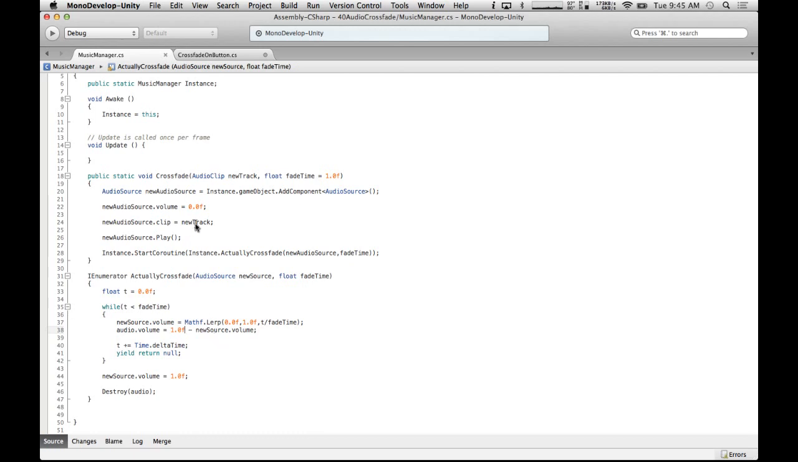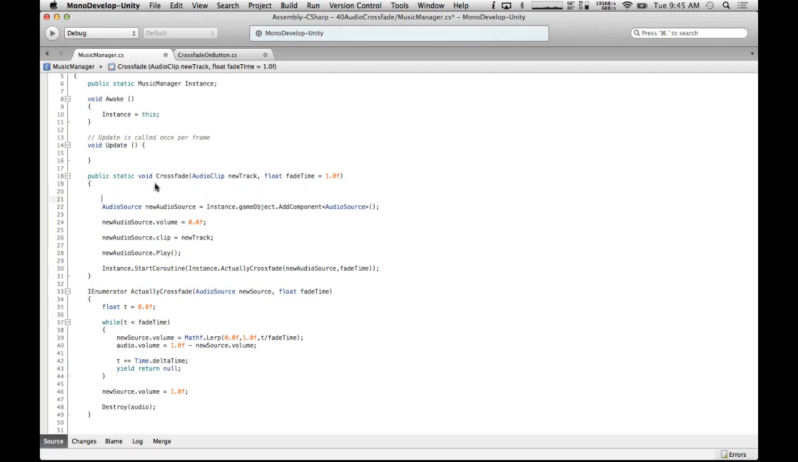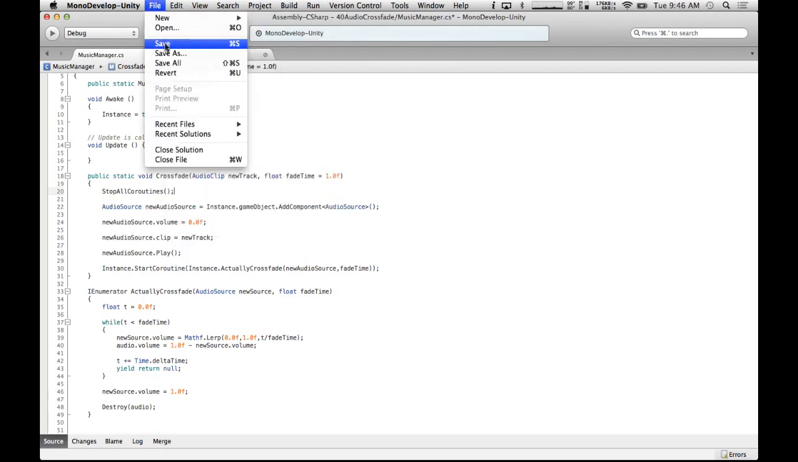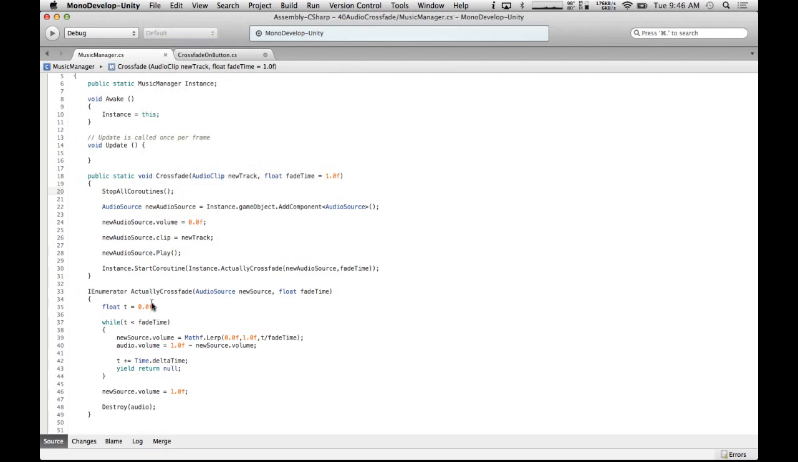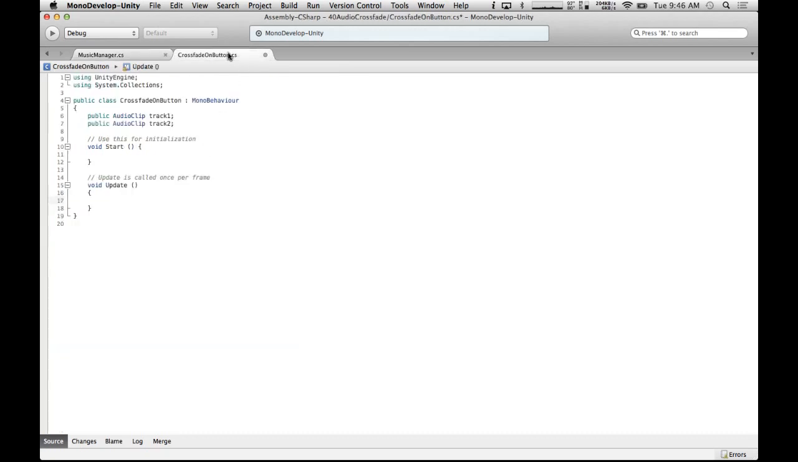is stop all coroutines when we actually do this, before we do it. So if we call Crossfade again, we go stop all coroutines. This only stops all the coroutines on this object. If you want to stop a specific one, you can also give a parameter that corresponds to the one that you want to stop. But this will be appropriate for only having one coroutine possible currently on the script. So in update, what we're doing is